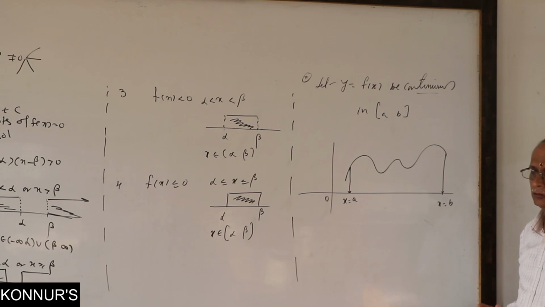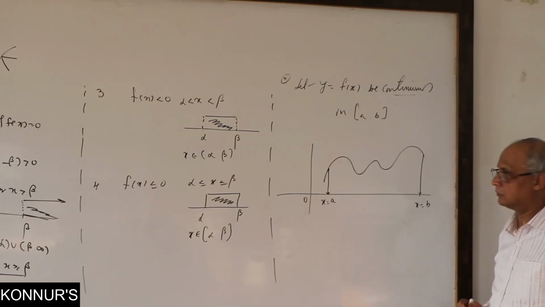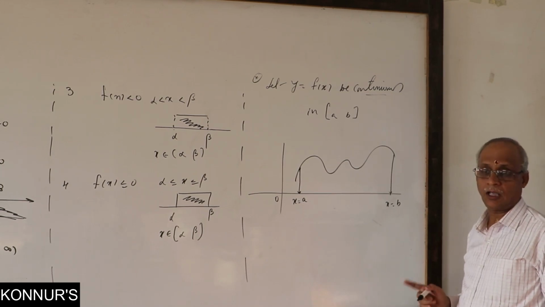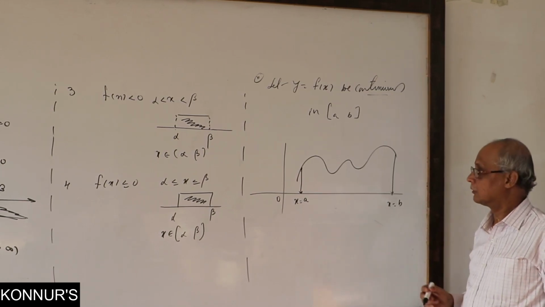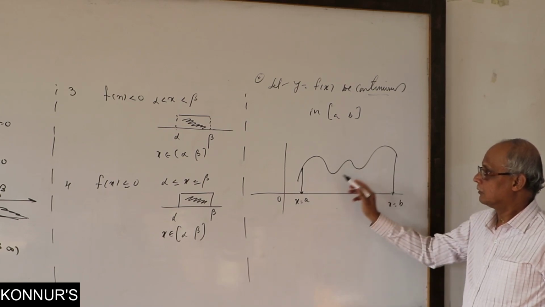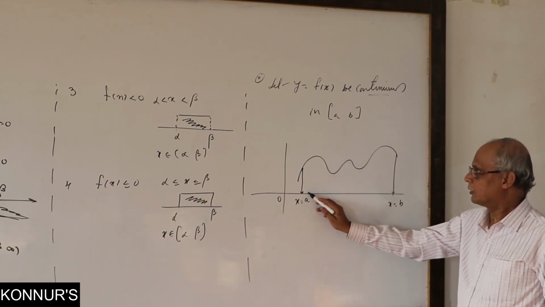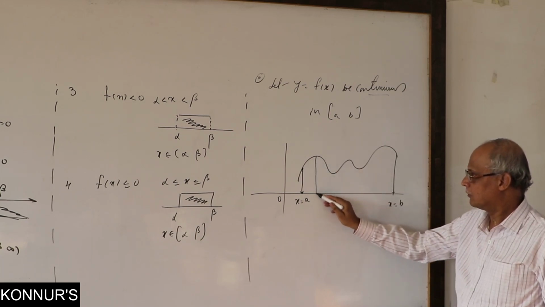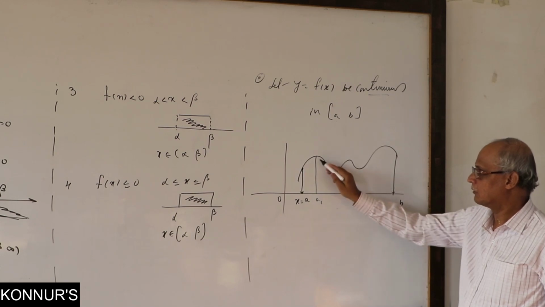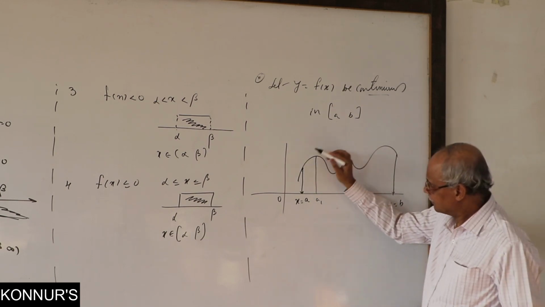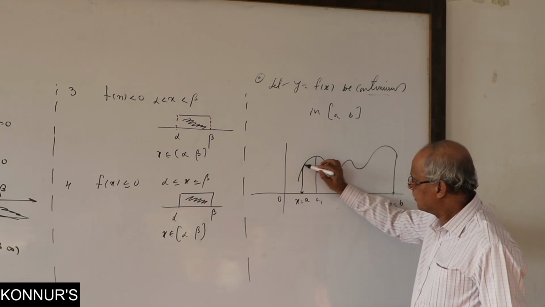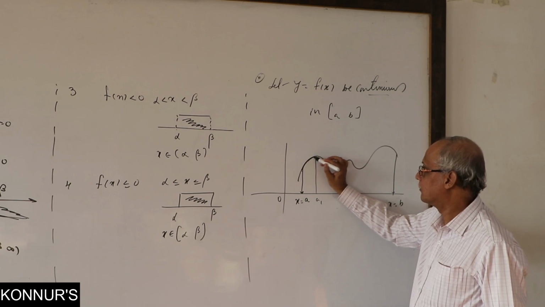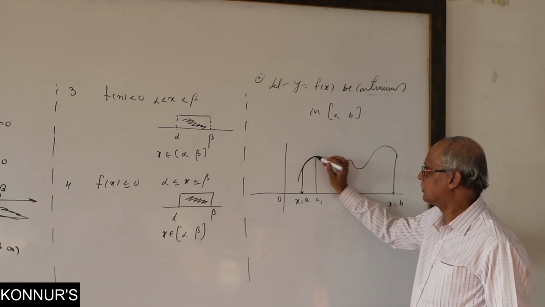And we notice here there are so many ups and downs. Any curve you draw in this way, up and down, we say that it increases as well as decreases. Suppose you consider from A to C, assume that it is A1. From A to A1, what is happening? The curve is going up, away from the x-axis. When it is away from the x-axis, it means increasing.